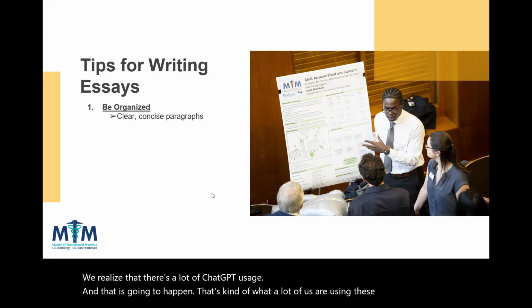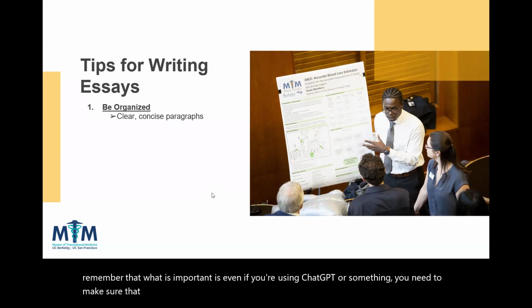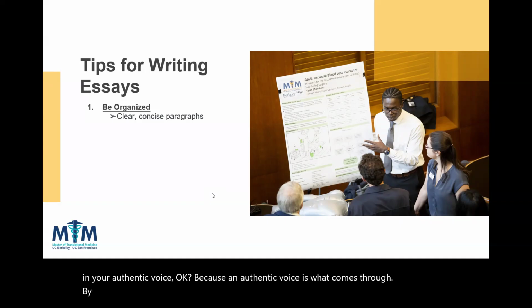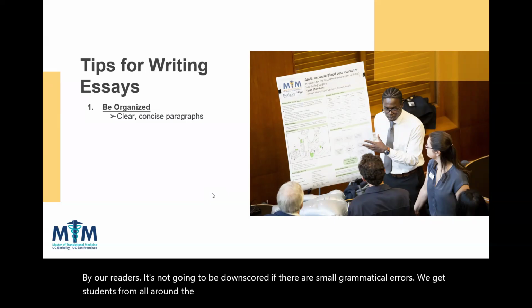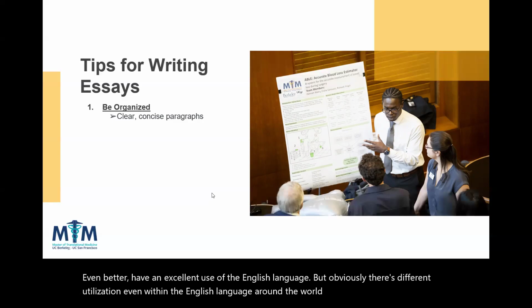But remember that even if you're using ChatGPT or something, you need to make sure that you use a tool like that back and forth and are able to craft something that is in your authentic voice, because an authentic voice is what comes through to our readers. It's not going to be downscored if there are small grammatical errors. We get students from all around the world,